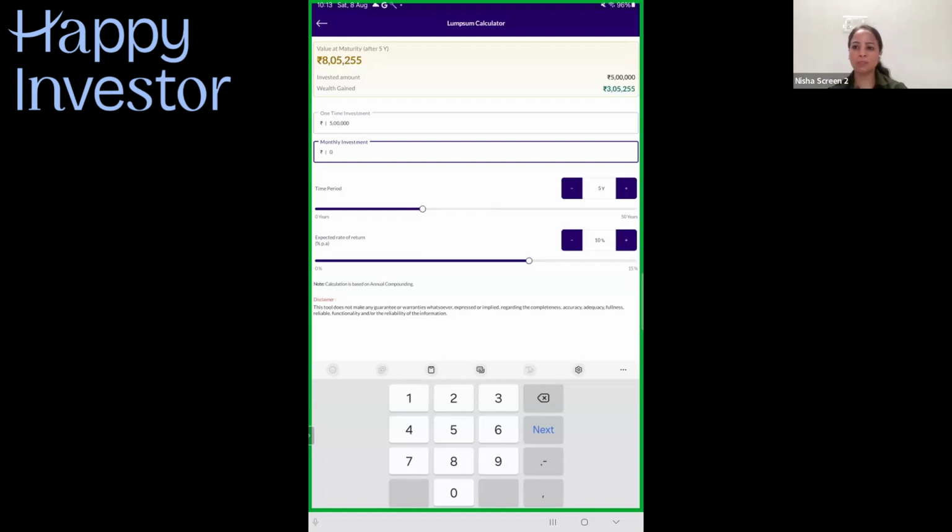And let's assume that I'm expecting the rate of return as 10%. So in this example, if 5 lakhs have been invested today, the value at maturity, which you can see on the top after 5 years, could potentially grow to 8 lakhs 5,000 approximately. The important thing here is to see the impact of the time, investment amount, and assumed returns on our potential wealth creation. Now let's move on to the next one,